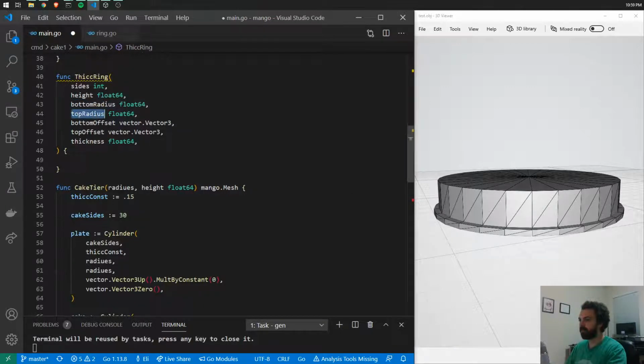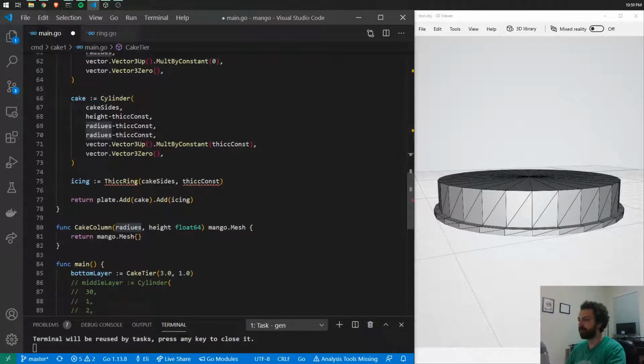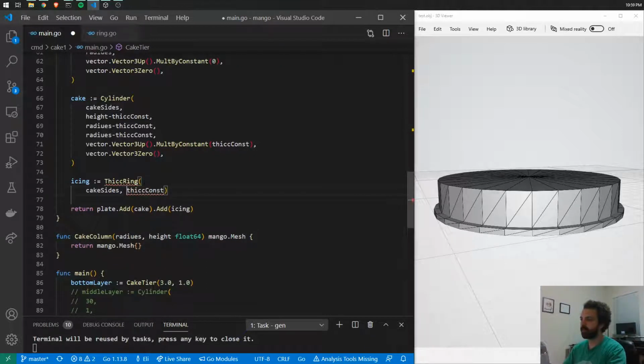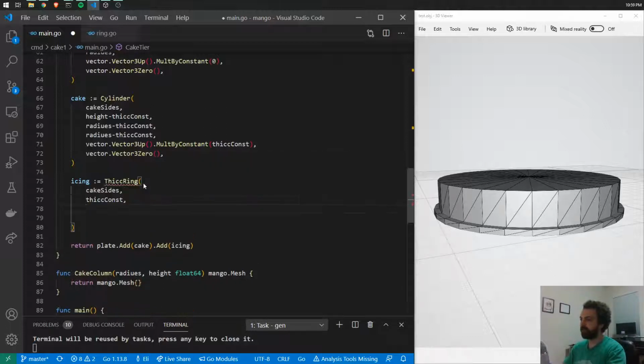Bottom radius and top radius. I'll do radius, yeah, that's what I'll do. Okay. I think this might be where I go silent and do things. That's really not